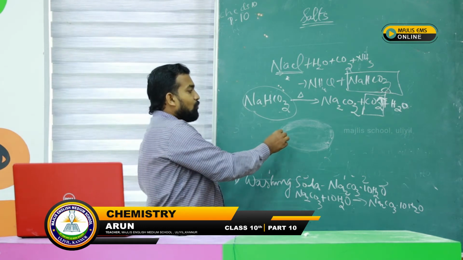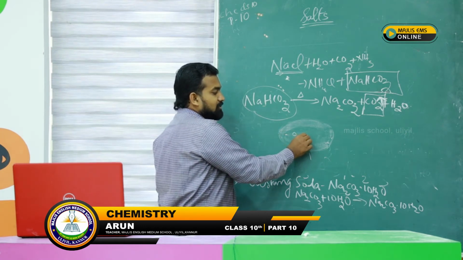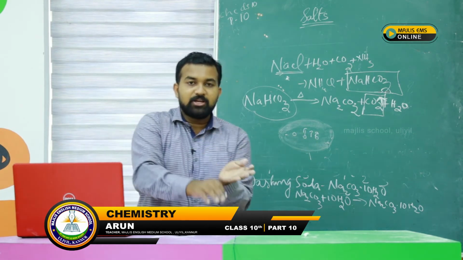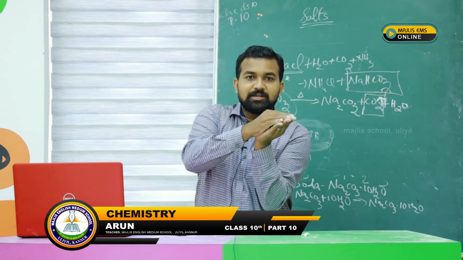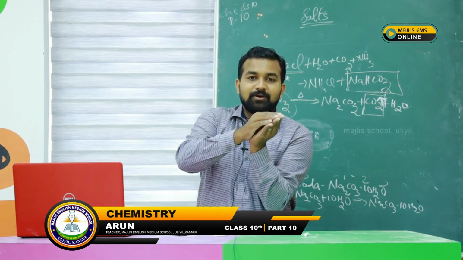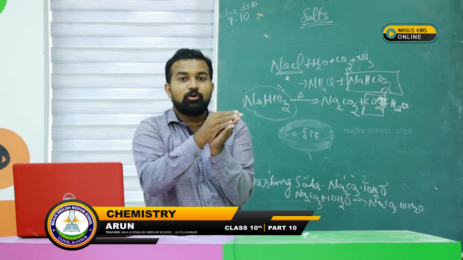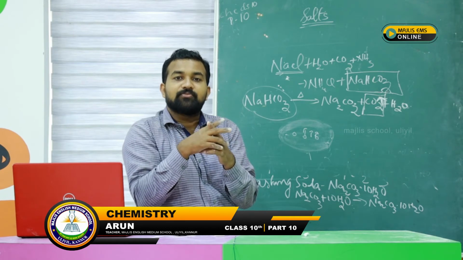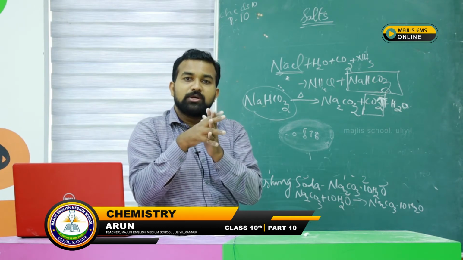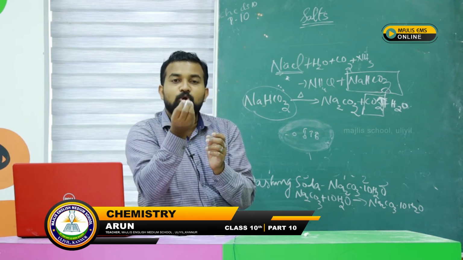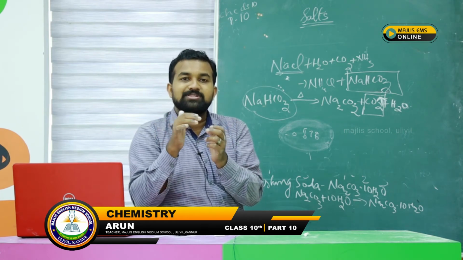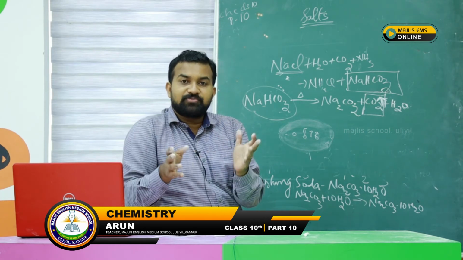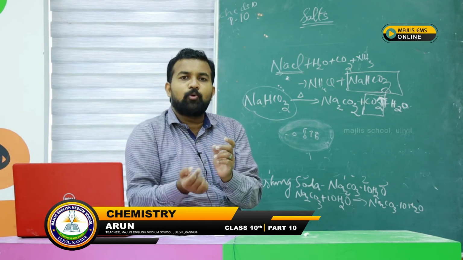Okay. So now when it is heated, the baking soda will produce whom? The carbon dioxide. The carbon dioxide will be inside the utensil, inside the puff, and when the carbon dioxide gas evolves from heating the baking soda, it will try to move out of the puff, isn't it? So how will it move out? It will make small tiny pores and move out, because it cannot stay inside. They are trying to get out of the dough. So they will make small pores and come out.